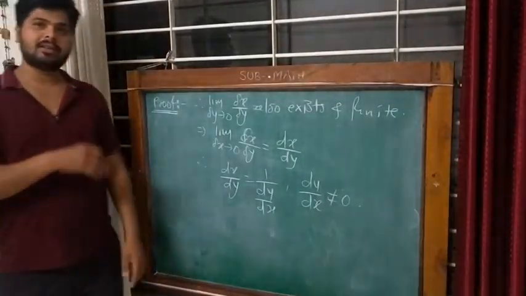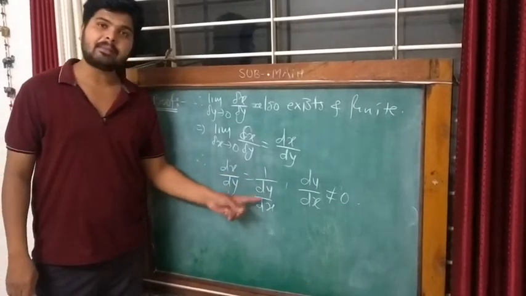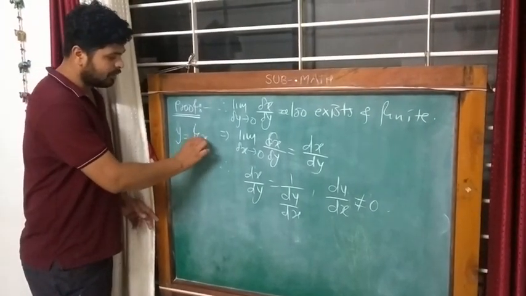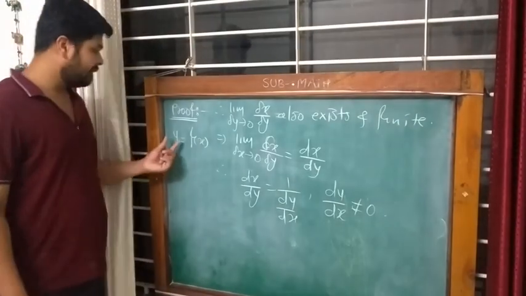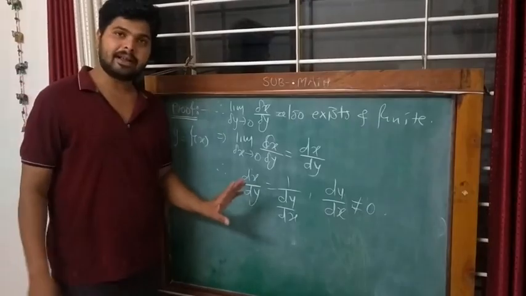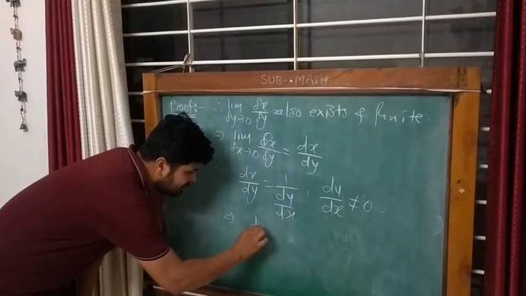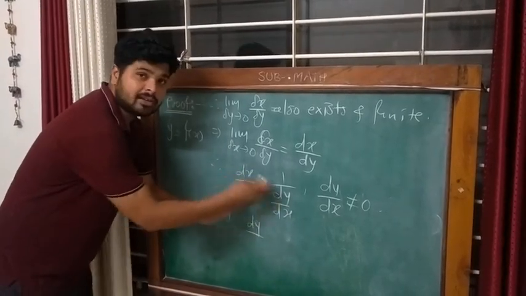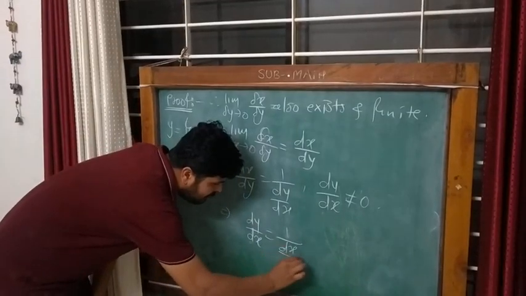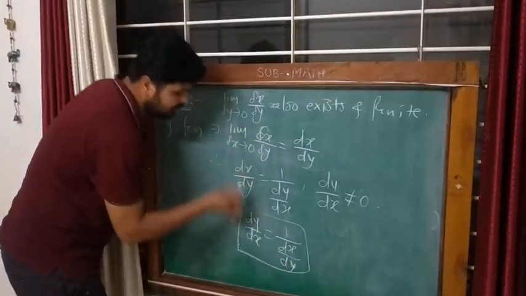So actually in the example we have to find dy by dx, because the question is given in terms of y is equal to f of x, right? So here we have to find dy by dx, and we are proving the theorem for dx by dy. So actually the rule is, if I interchange this term, then dy by dx is equal to 1 upon dx by dy. So this is the operating rule for inverse function.